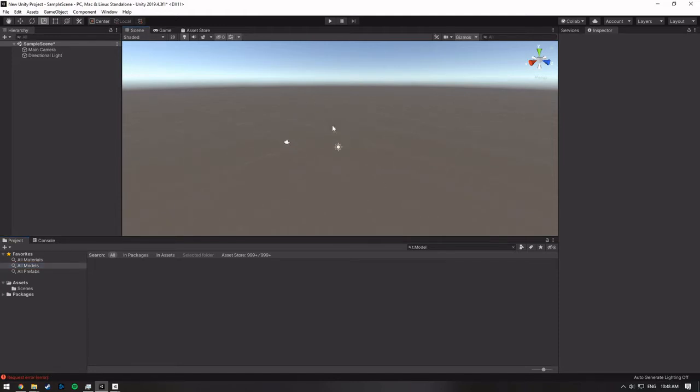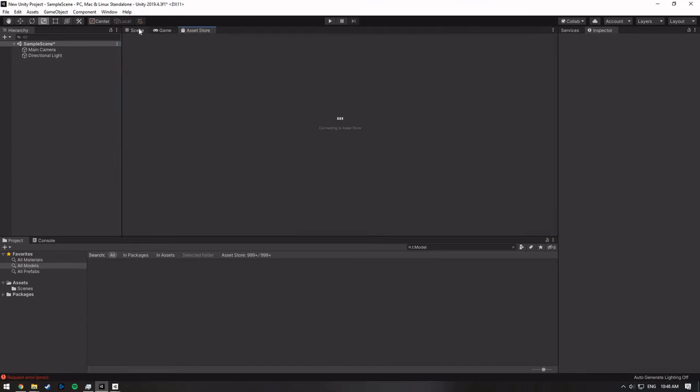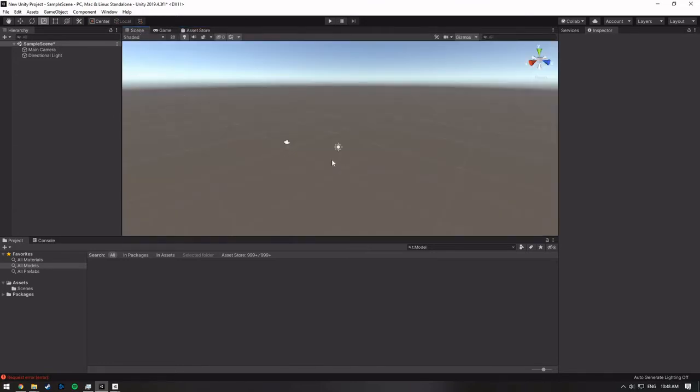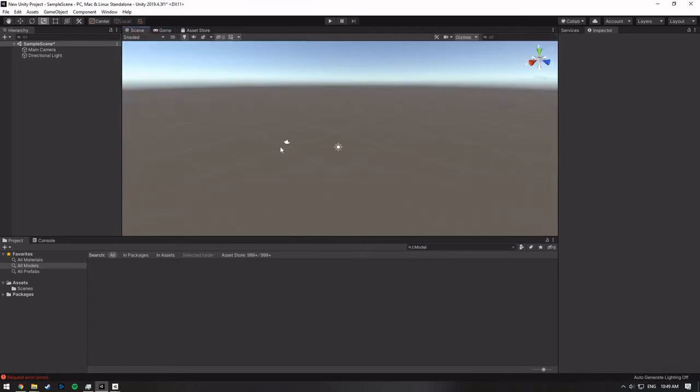Yeah, so once you're in Unity itself, there's three kind of main tabs. So you have the scene, you have game, and then you have asset store. The two main steps in making a Unity project are, first, you generate the scene, which is kind of just like putting different objects together to create, say, an apartment building or construction site. And then the second step is making it interactive. So it'll be over in this game tab where you can put a player in and make it move and make it click buttons and everything. This tutorial will just show you how to set up a basic scene, which is probably the more straightforward